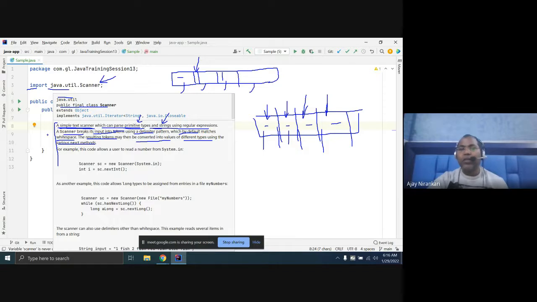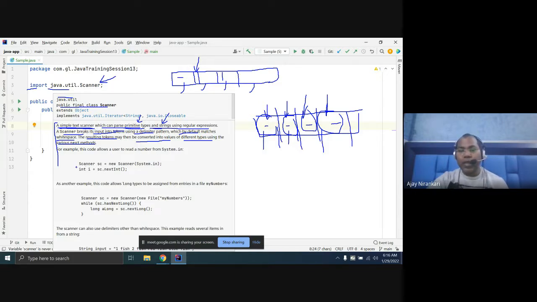Till now clear? The Scanner class just takes input from the user and reads each word into a different variable. How can it read word by word? By default it is splitting your input using the space. So the next question is, how can we create an object of the Scanner class?